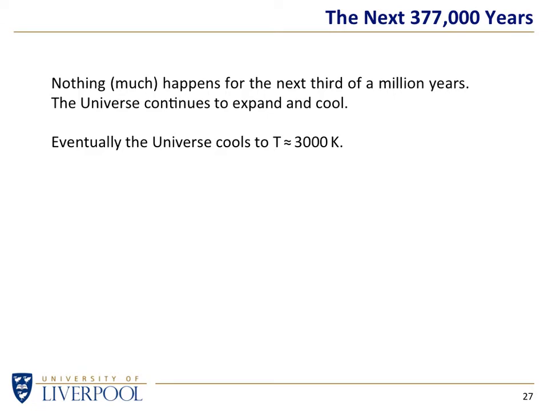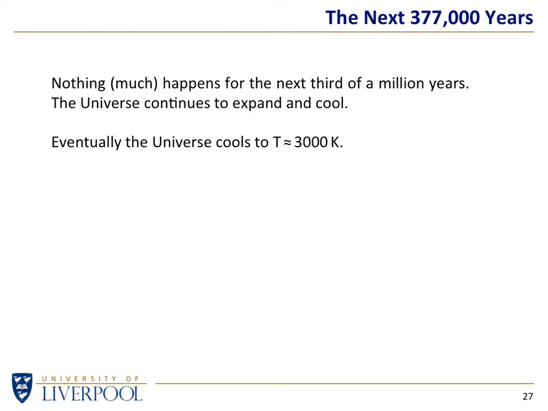Up till now, a nucleus hadn't been able to hold on to an electron. There were loads of these nuclei around. The hydrogen and the helium nuclei are bouncing around. There's a whole load of electrons in this gas as well. But all of them are separate because the nucleus couldn't hang on to the electrons because they had too much energy. Just like a planet going around the sun, if you give that planet more energy, it goes flying out. That planet has to have a small amount of energy to keep it going round the sun. Give it too much energy, it'll fly away. Same with atoms. If you give an electron too much energy, the nucleus can't hang on to it.